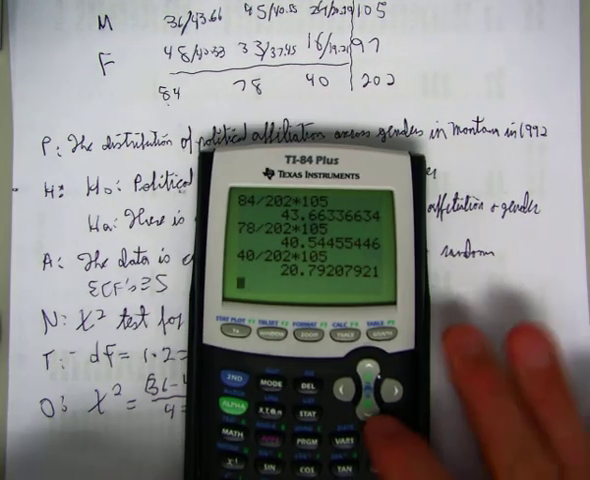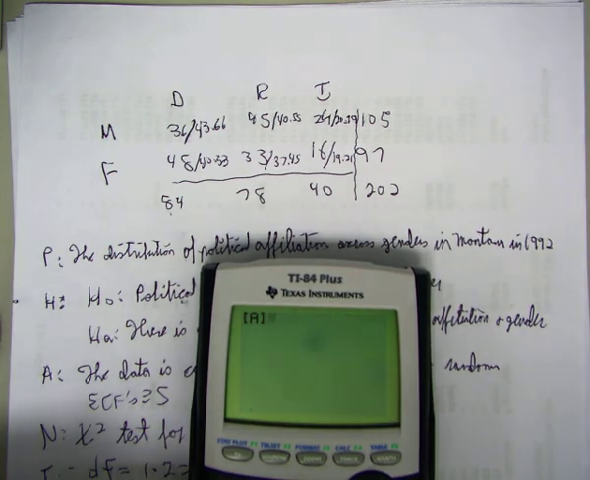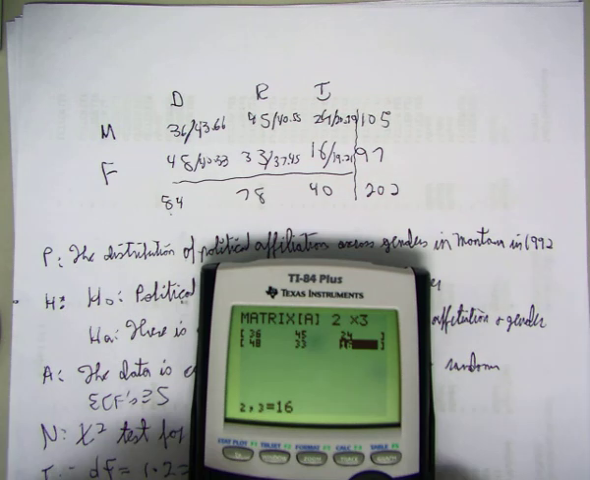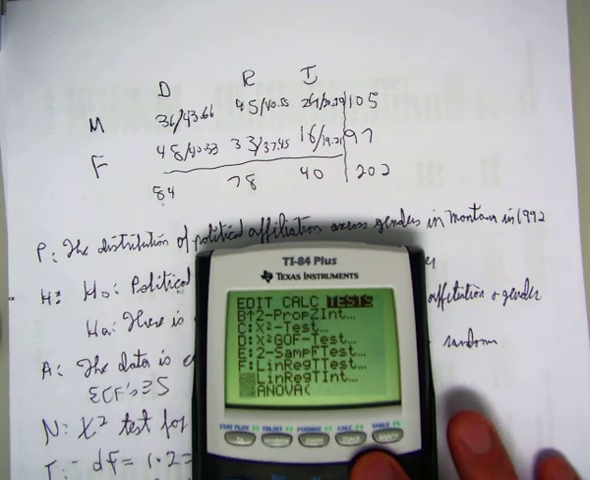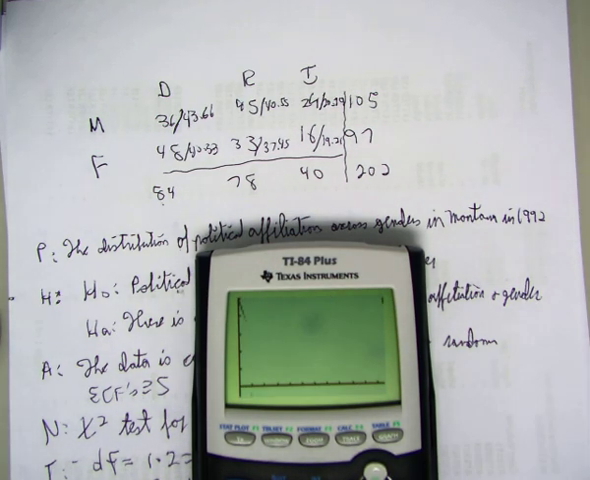Okay, so let's go to matrix. We're going to take our matrix A, which we're going to edit, and we have 2 rows and 3 columns. So we have 36, 48 for Dems. The Republicans are 45 and 33, and then the independents are 24 and 16. Those are the observed values. Go to stat test, chi-square test, and again, we're going to put the observed in A and the calculated in B. Draw that up,